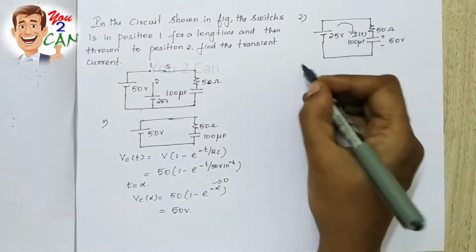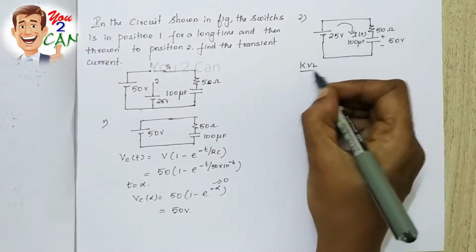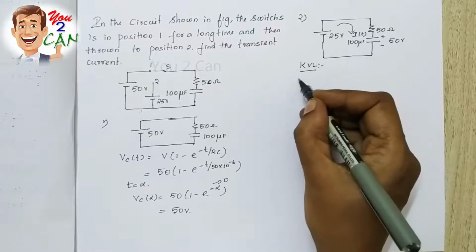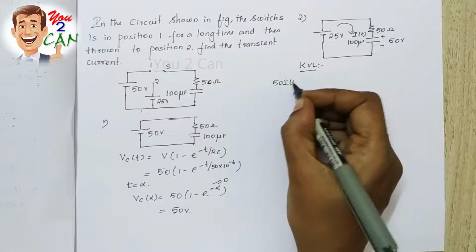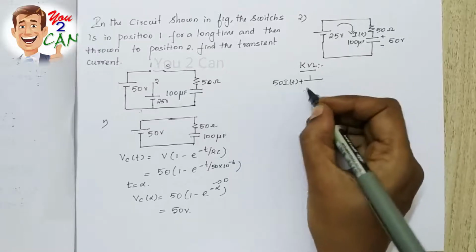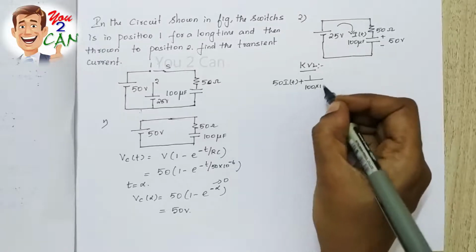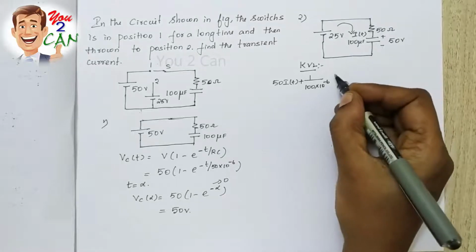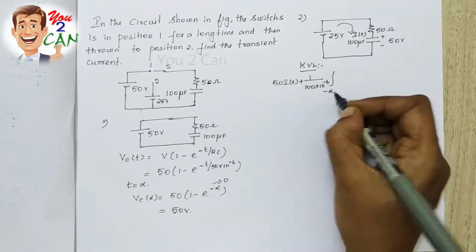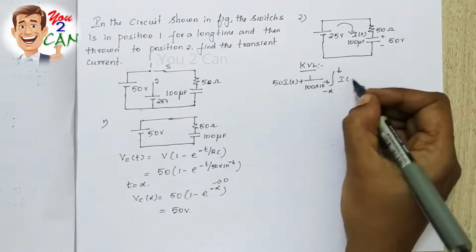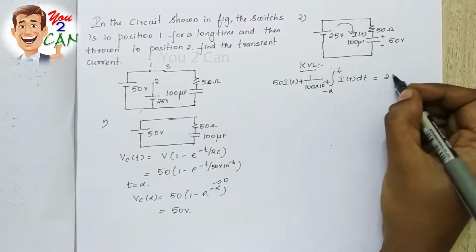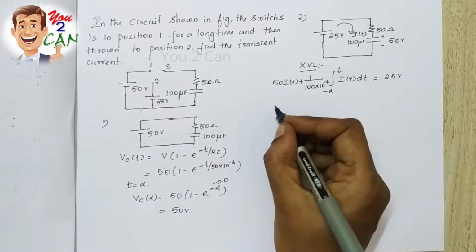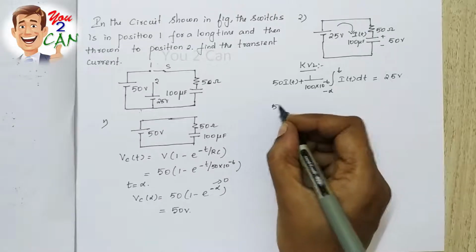Now write the KVL equation as you all know. KVL equation: 50 I of t plus 1 by 100 microfarad, that is 100 into 10 power minus 6, integral from minus infinity to t of I of t dt, will be equal to 25 volt. Okay, now 50 I of t,